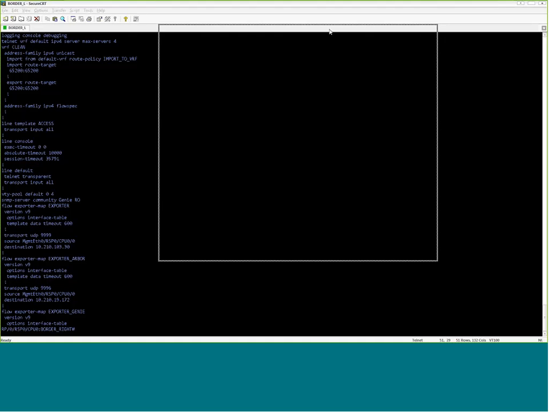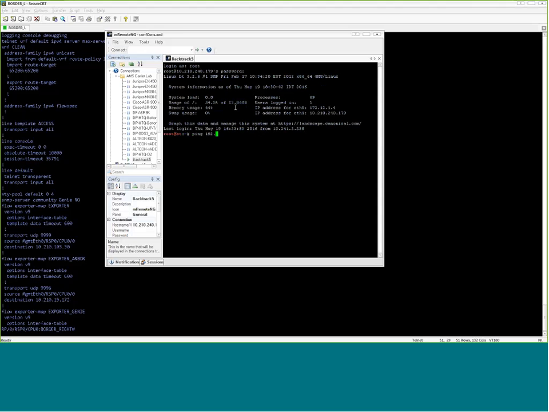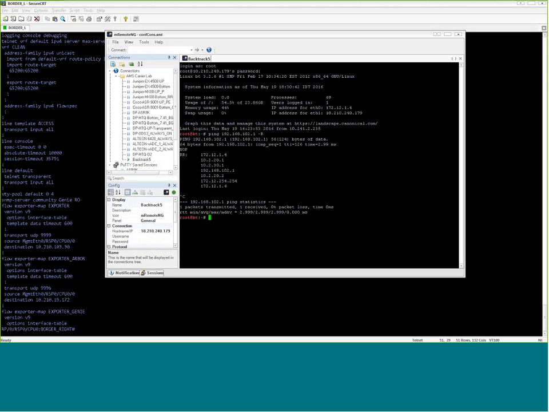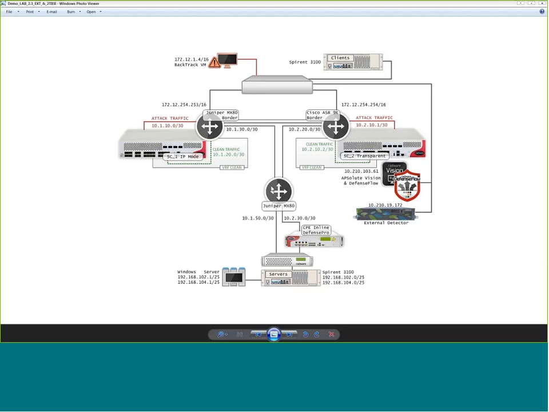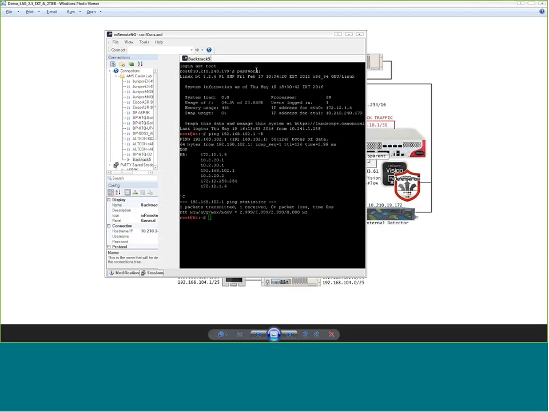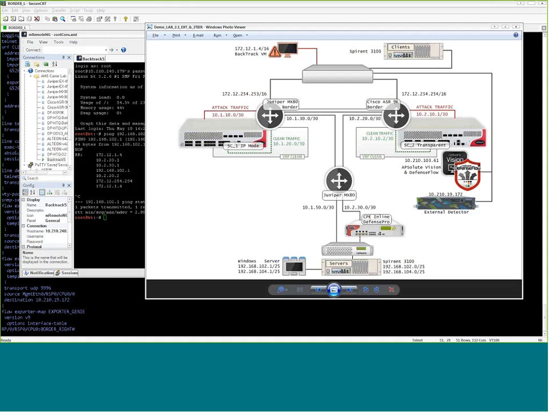Let's open the Linux device. This is the backtrack. And as you can see, we have the path from the backtrack towards the protected object. So we have the hops of the border router and of the PE router. Let me bring it here, like this. Okay, so basically this is the Linux backtrack, and we reached